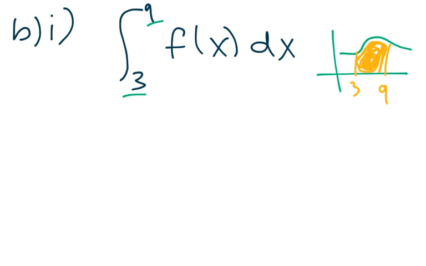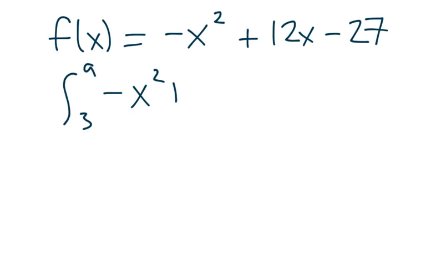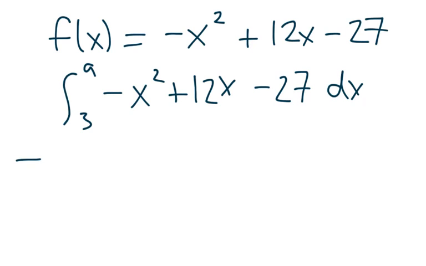So the first thing we will do is start a new page. f of x is equal to minus x squared plus 12x minus 27. So we want to find the integral of that, from 9 to 3 of minus x squared plus 12x minus 27, and then we add in dx here. So then that will equal to,